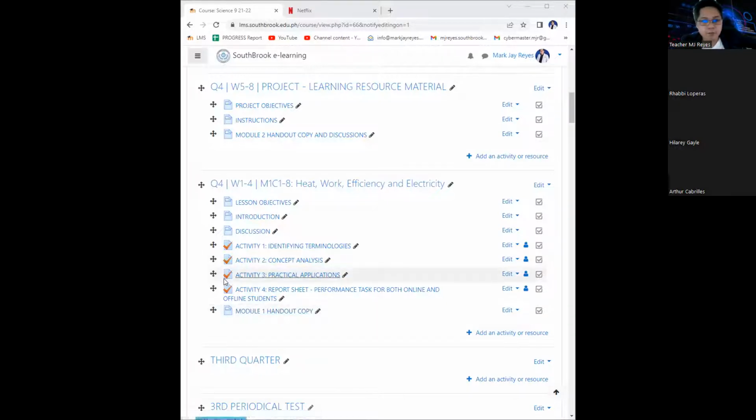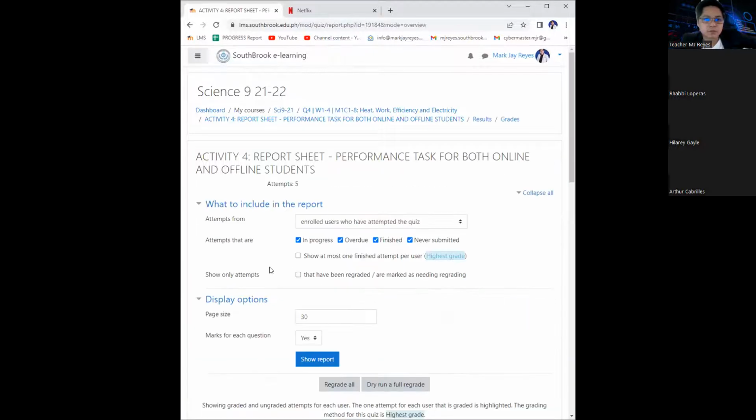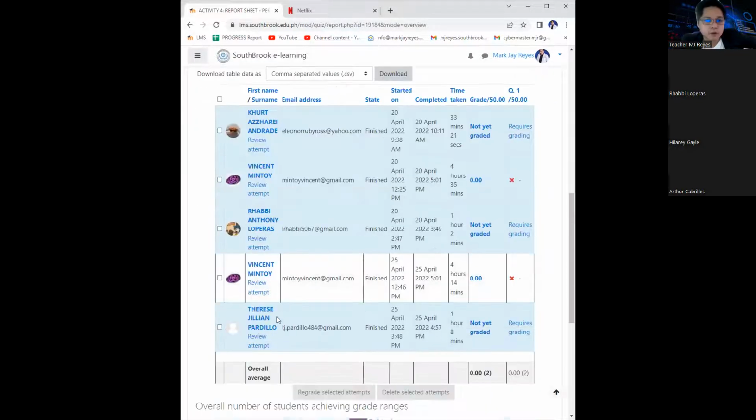Let me check on the previous activity that we have, the report sheet. This is your performance task. Again, 40%. In my screen, I can only see the people who submitted their report sheets.